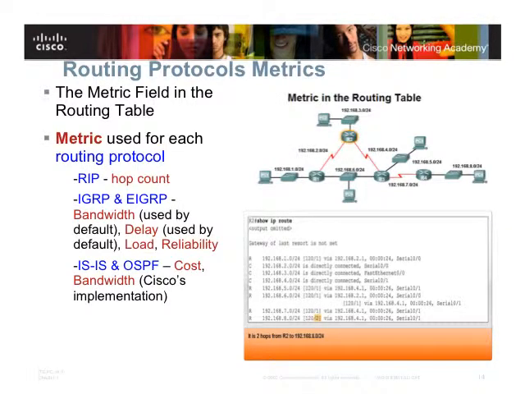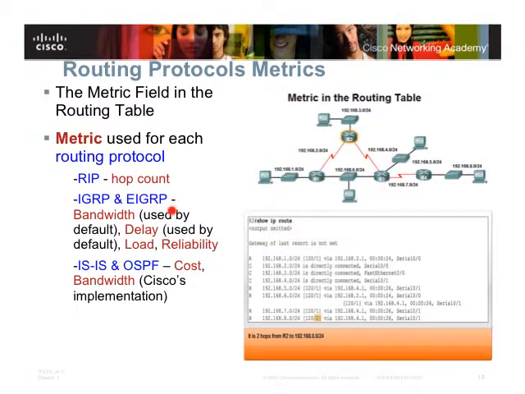So the metric is in fact used differently by each routing protocol. For example, RIP uses simply hop count. Whether RIP version 1 or version 2, they both use hop count, which is the simplest. So I don't really have to know the bandwidth, whether this is Ethernet or gigabit Ethernet, or wireless. I only need to know how many links between me and a certain network or a certain destination. That's all.